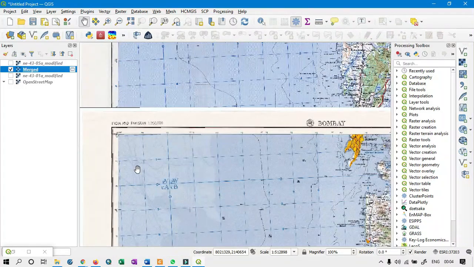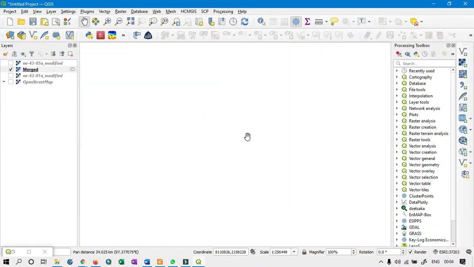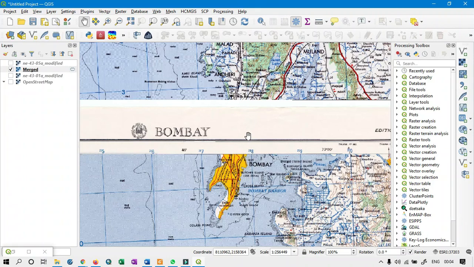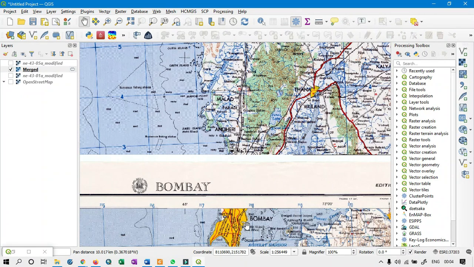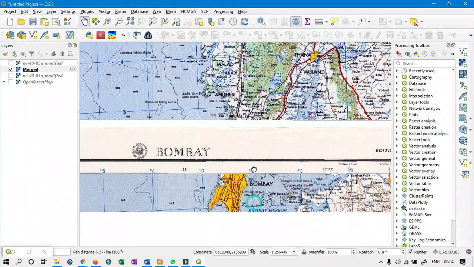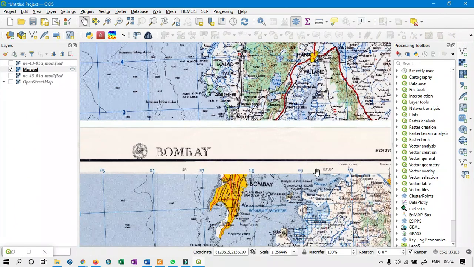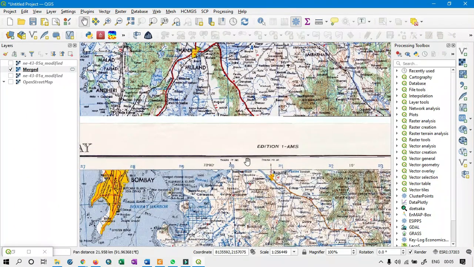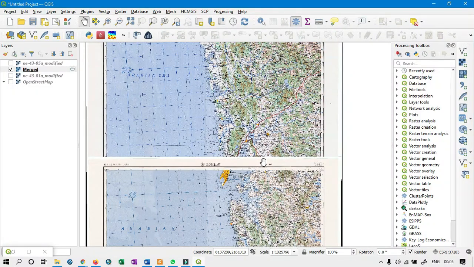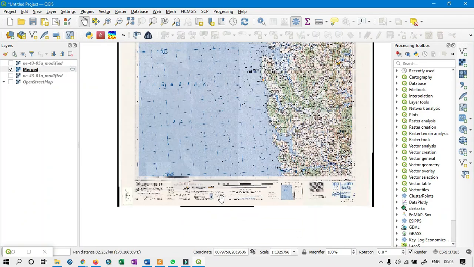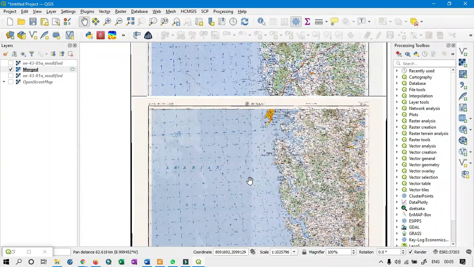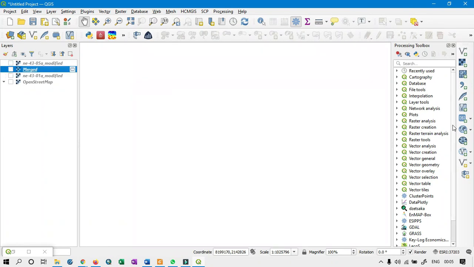But as I was saying earlier, the ending point of this map and the starting point of this map are not perfectly aligned, because of the gap above or below the two maps. So for that we need to do a trick, which is clipping the raster.